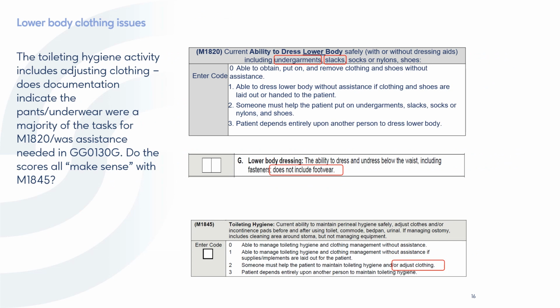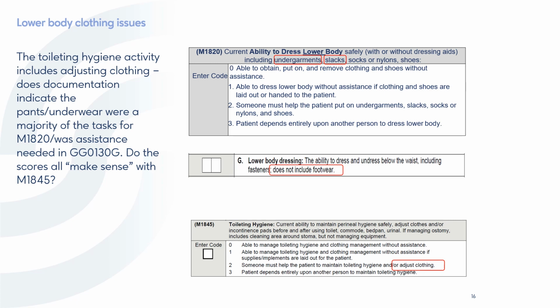The lower body clothing items. We've talked about M1820, which obviously includes your undergarments and your slacks as well as footwear, and the difference comes in when we go over to the similar GG item. The lower body dressing does not include the footwear. But if we look at M1845, the toileting hygiene, look at that code too. It also includes, along with maintaining their toileting hygiene, oh, by the way, how are they doing with adjusting their clothing? So when you get to this item to code it for your patient, you want to be thinking back, all right, when I talked about that lower body dressing in either of these items, whether it be 1820 or the GG item,